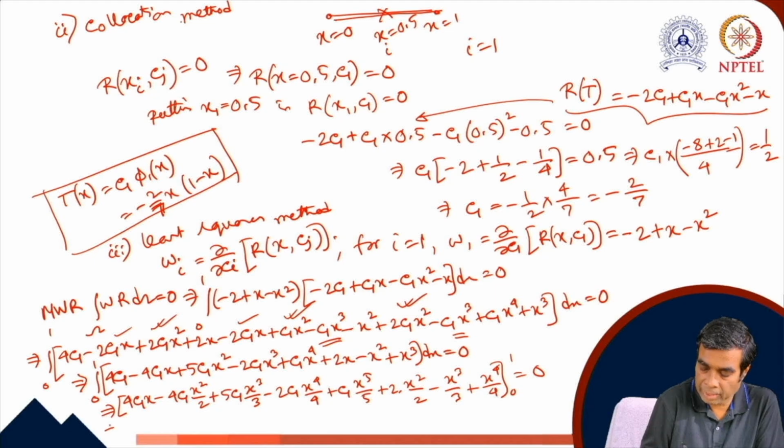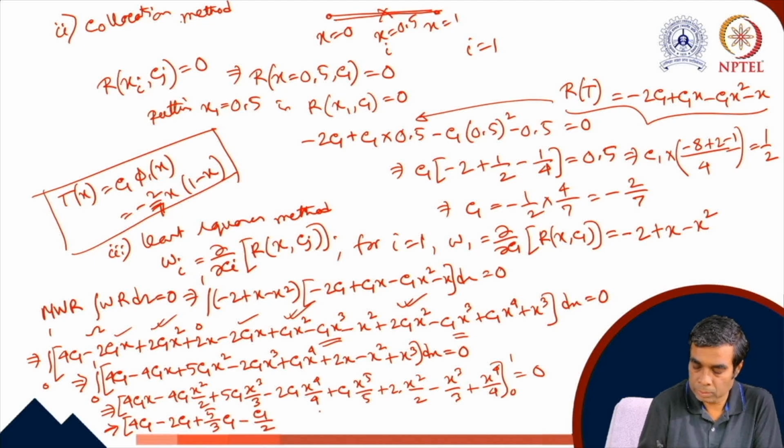If we put the values of x, we get here 4c1 minus 2c1 plus 5 by 3 c1 minus c1 by 2 plus c1 by 5